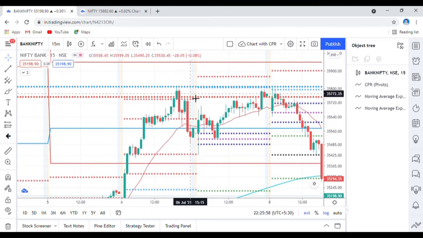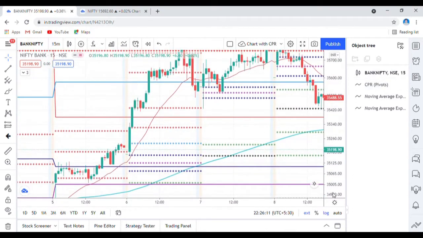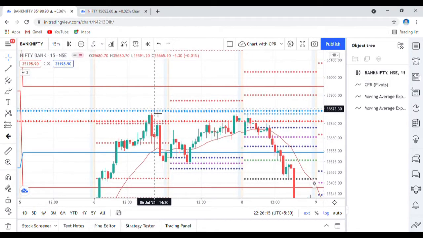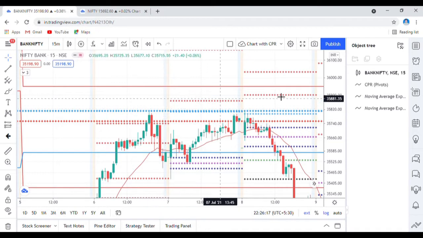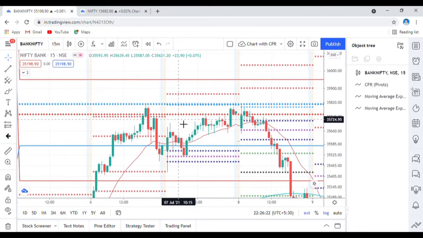The buyers take the market up and the sellers take the market down. We should see the price action and we should go accordingly. See, on 6th of July, even though the market was trending, it faced resistance near the monthly high. In this 50 minutes chart, I am going to show how this monthly high acts as a supply zone.